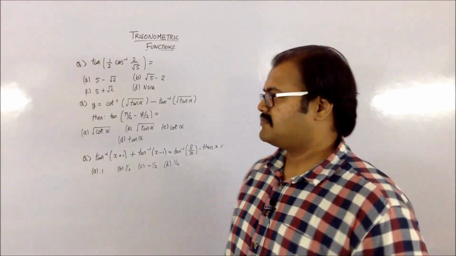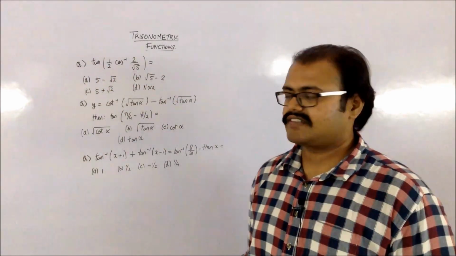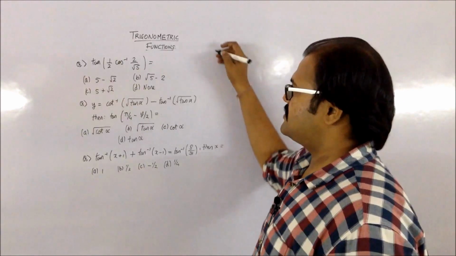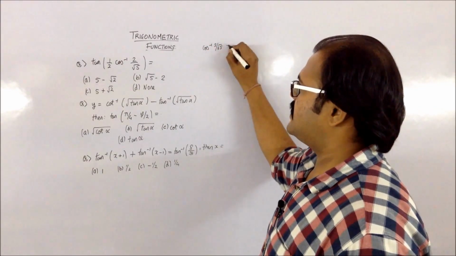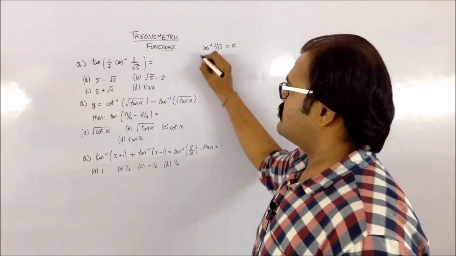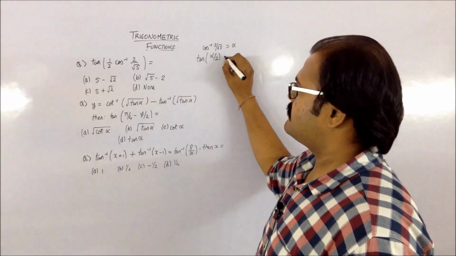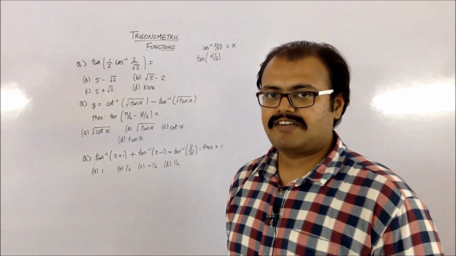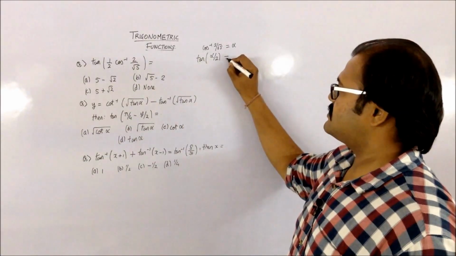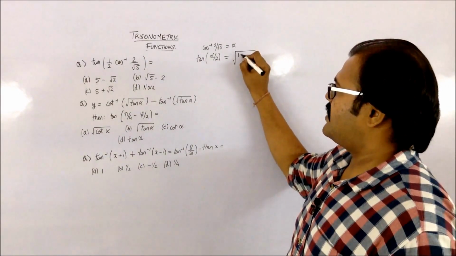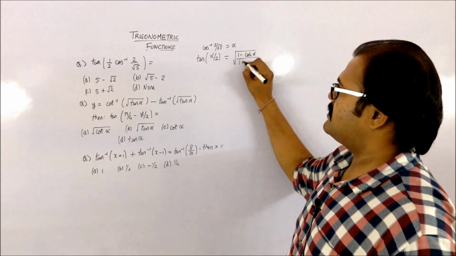Moving on to the next problem, we have a tan of this particular thing. I have to find the value of that. So what I can do is, again, take cos inverse of 2 by root 5 as some value alpha. So I'll have tan of alpha by 2, and I have to find my tan of alpha by 2. I can use the formula for that as root of 1 minus cos alpha upon 1 plus cos alpha.